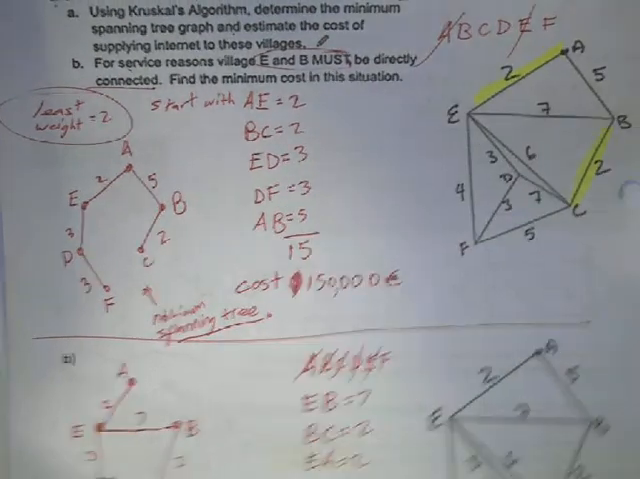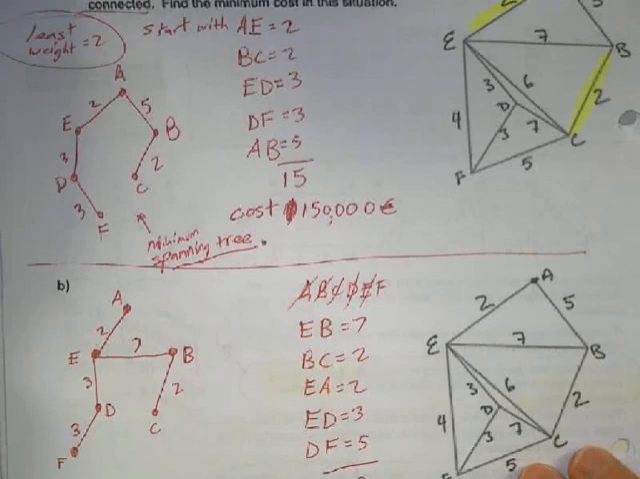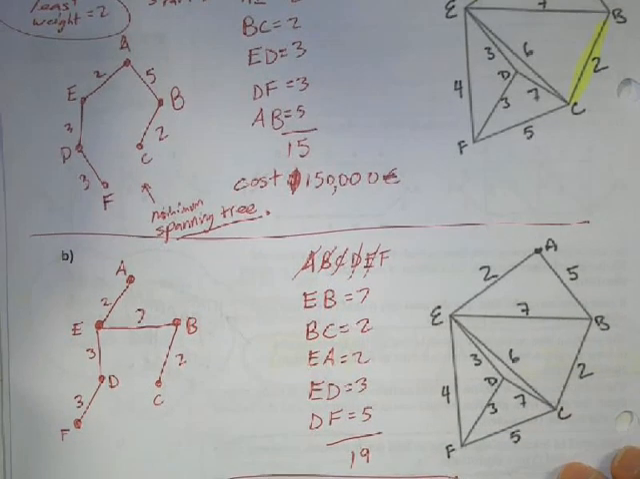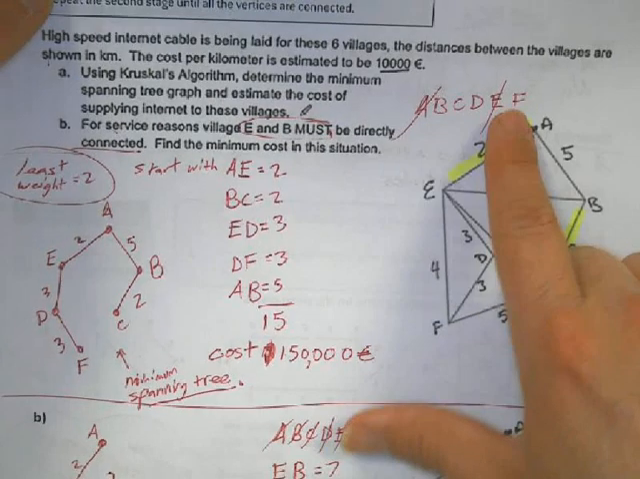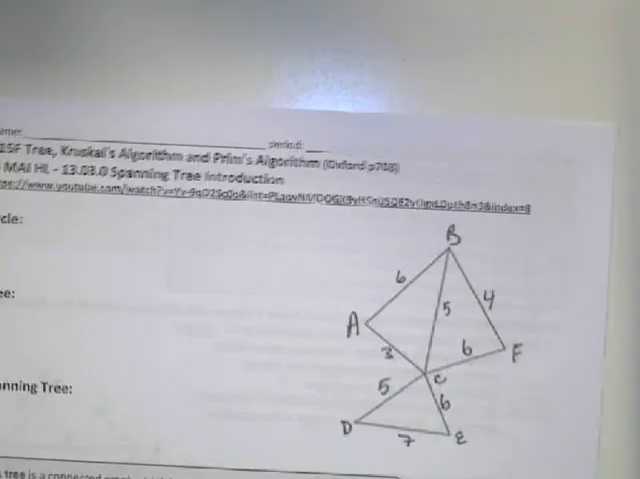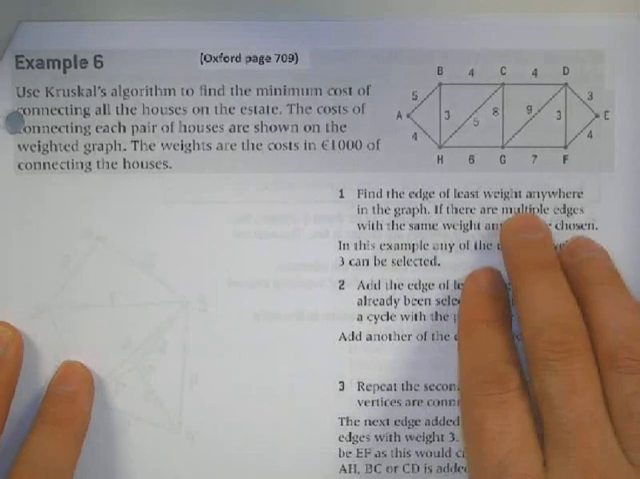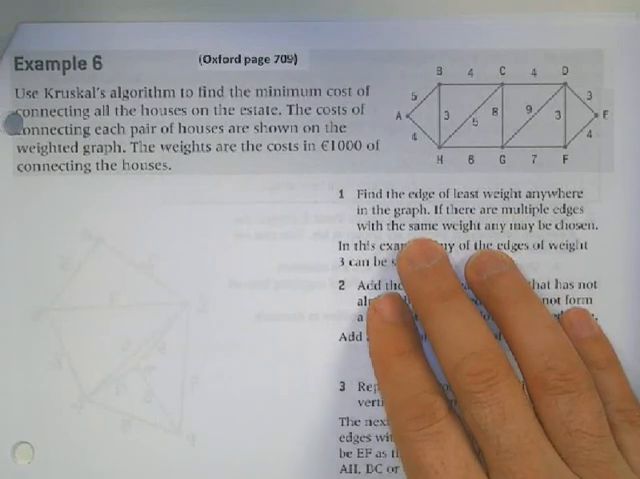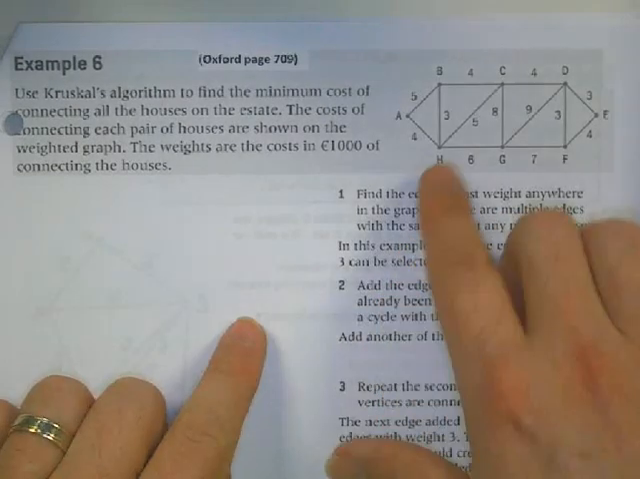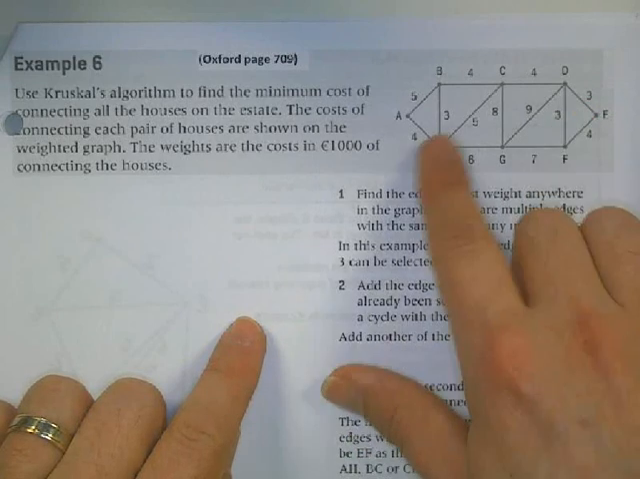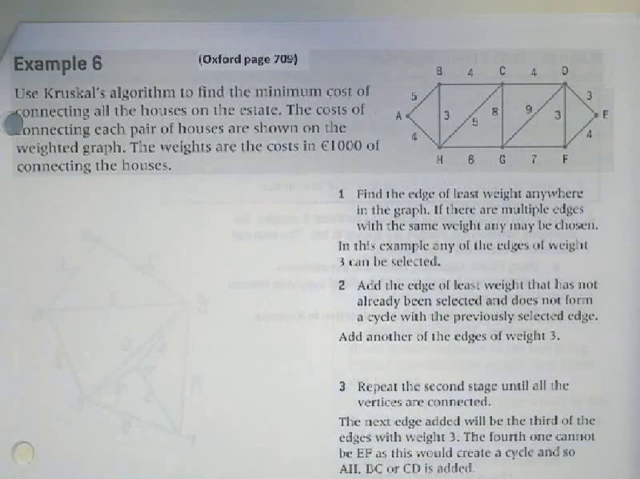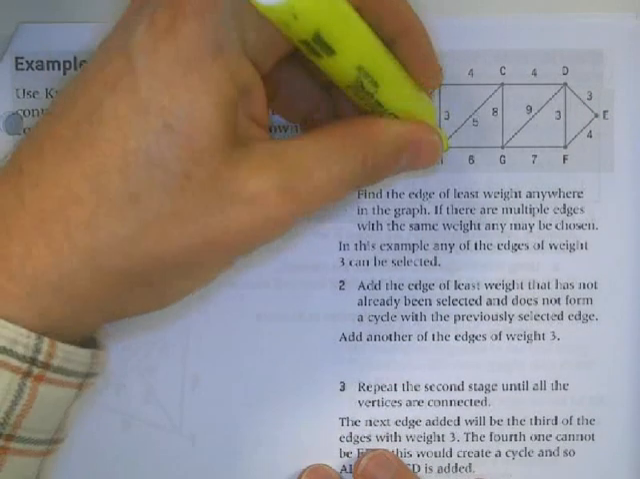Pablo explains this page very, very carefully. I like how he ticks off as he thinks. So now we're going to do the example that he did not do, which is example 6 from the textbook. The first thing we're going to do is find the edge with the least weight anywhere on the graph. Notice that there's a few edges that have the 3. I'm just going to pick one at random. I'm going to pick